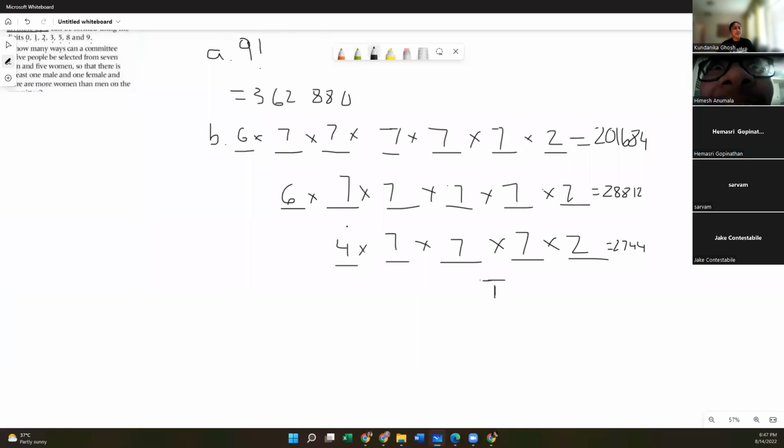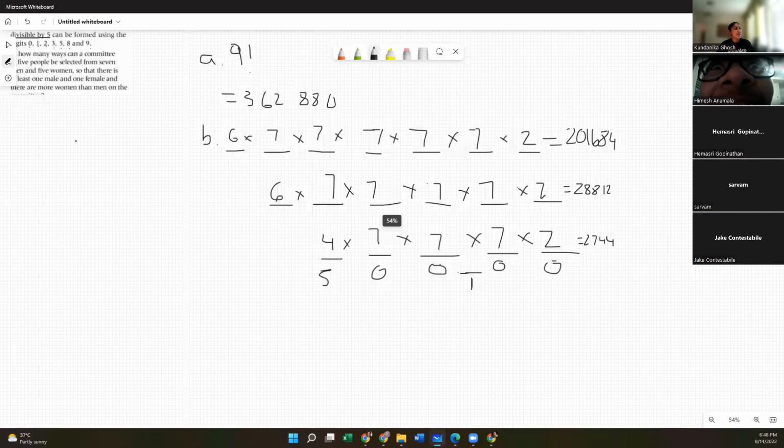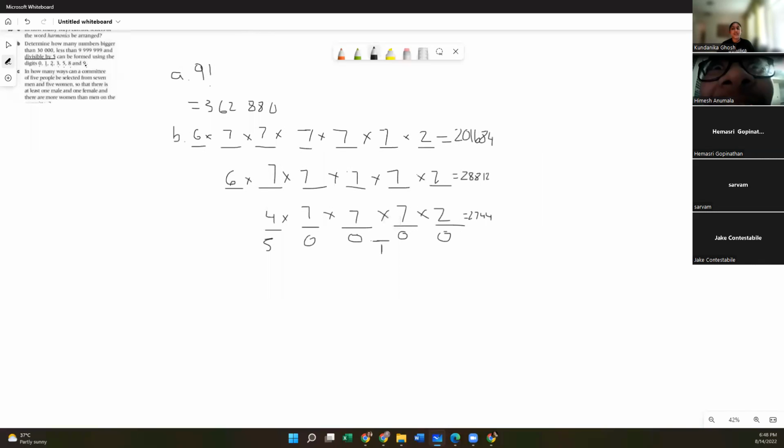So something like this. In the last one, we have 4 options. Of those 4 options, 3 is included. Of these 7 options, 0 is included. Again, 0 is included here, 0 is included here. And because it has to be divisible by 5, 0 is also included here. However, this number is equivalent to 30,000. And over here, they tell us that it has to be bigger than 30,000, but they never state that it can be equal to 30,000. So of every single option or scenario that's possible, we have to subtract 1 option because 30,000 can't be part of the solution set.